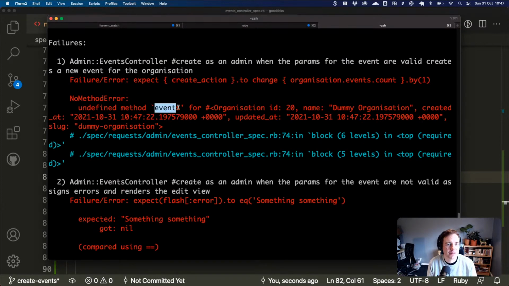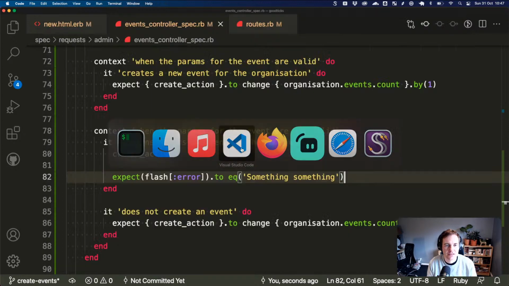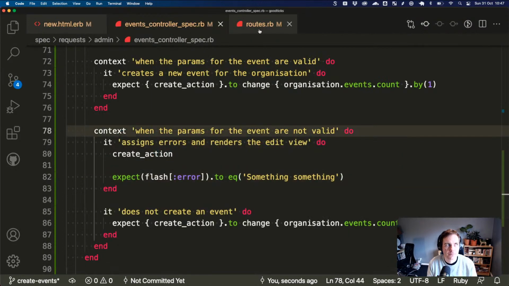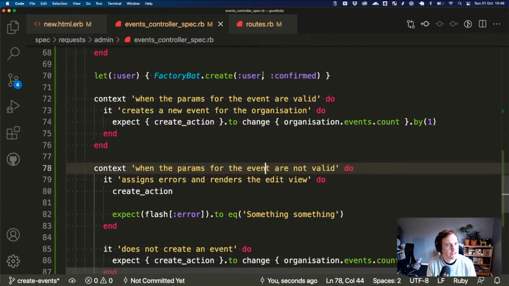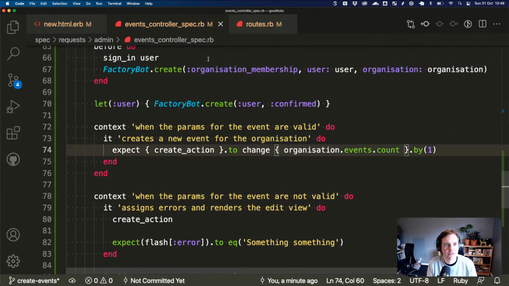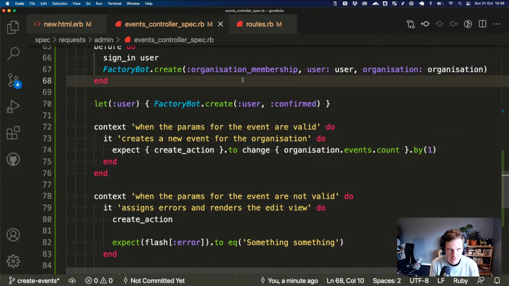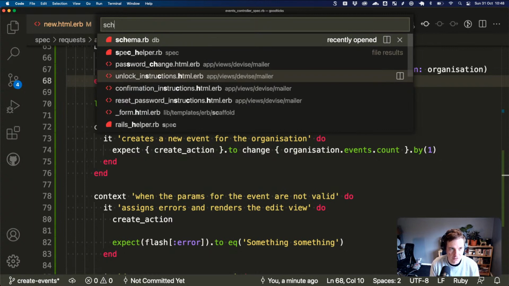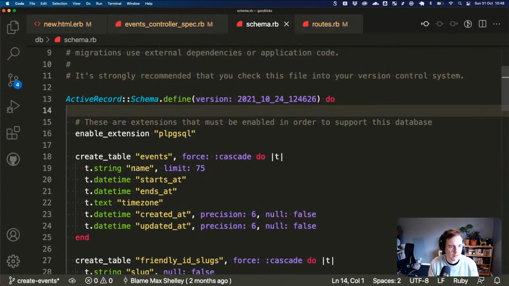Okay, cool. So apparently we don't have events on organizations. Have we actually associated events and organizations at all? Because this is probably a good time to go and do that if we haven't. Is there anything even on? Okay, so an event doesn't even have an organization ID. I think that was something. Okay, so that's something that we can add now, because I think we're happy to